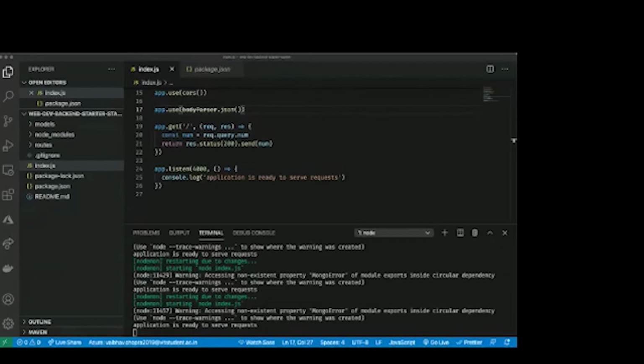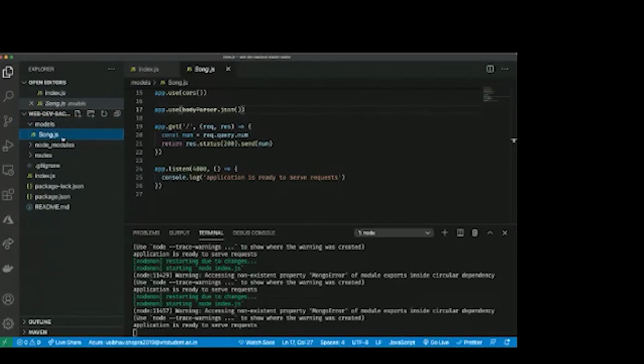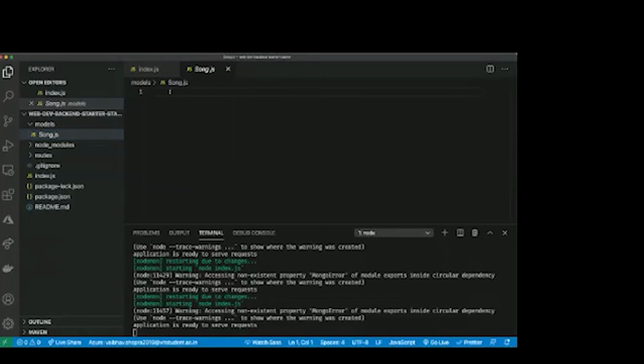If you follow the starter pack which I gave you, you can go to this models folder. It has this song.js file. You open the song.js file, it will be empty. So we will be writing our whole code in this song.js file.